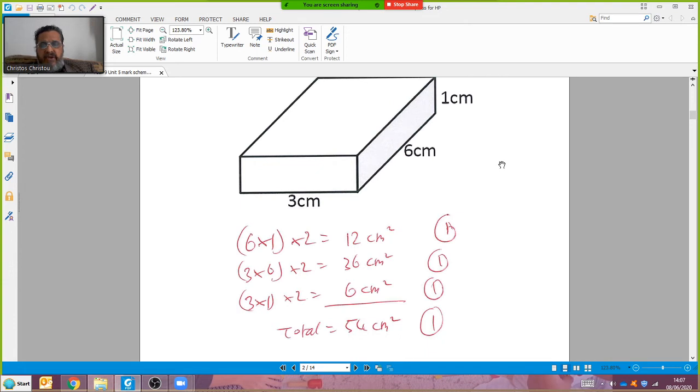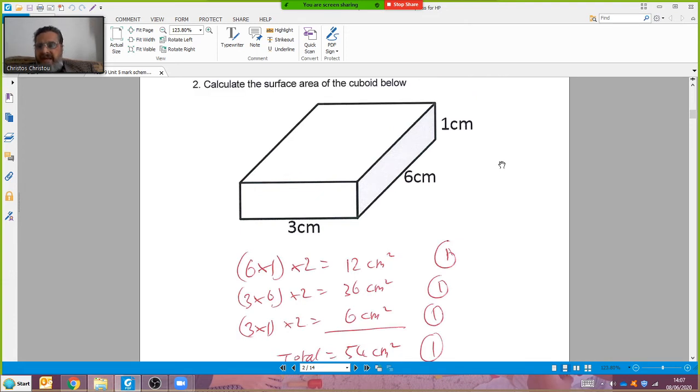Surface area of a cuboid, very badly done. Depressingly badly done. Surface area is not a volume. It's not 3 times 6 times 1. That's a volume. But the surface area is, work out the area of the 6 faces that make up that